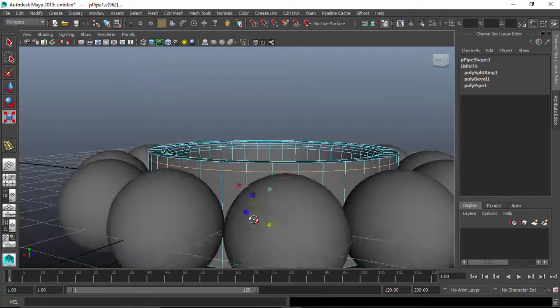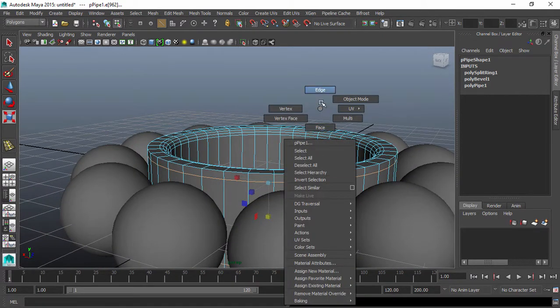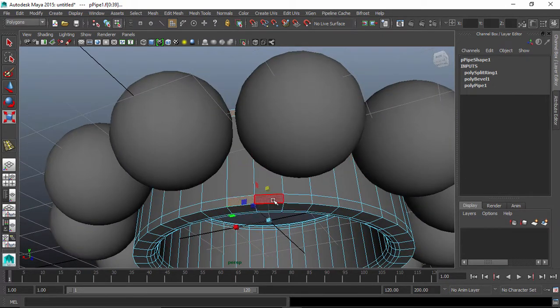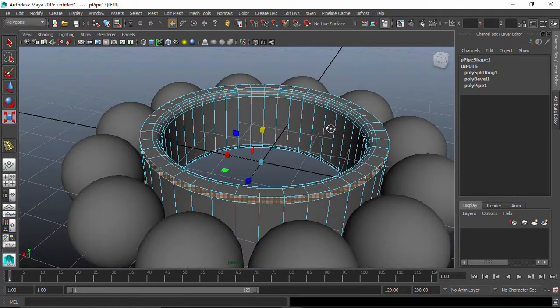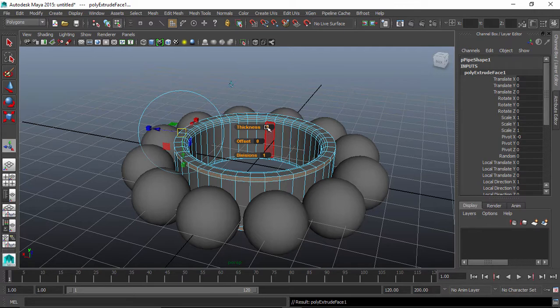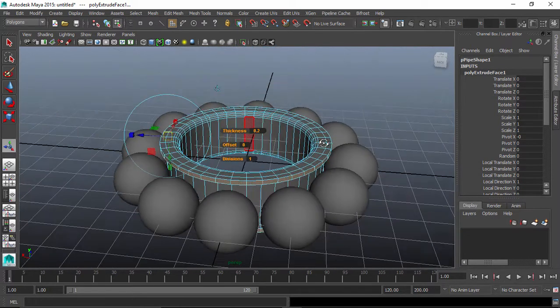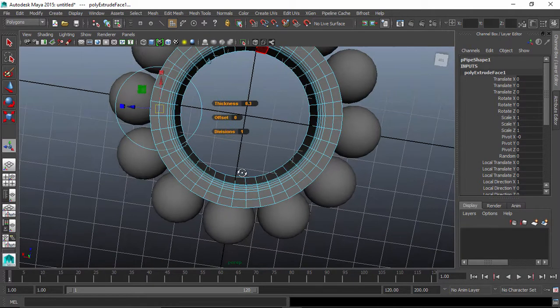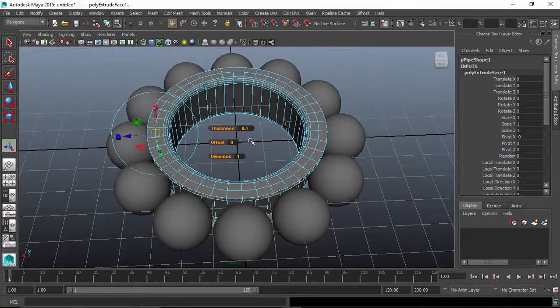Alright, so now go to face selection mode by right click and click on that, shift double click on that, shift click and shift double click on that one, and press Ctrl E to extrude to the thickness of 0.2 and adjust that 0.3 bigger, good enough, but we'll do 0.35. Okay,